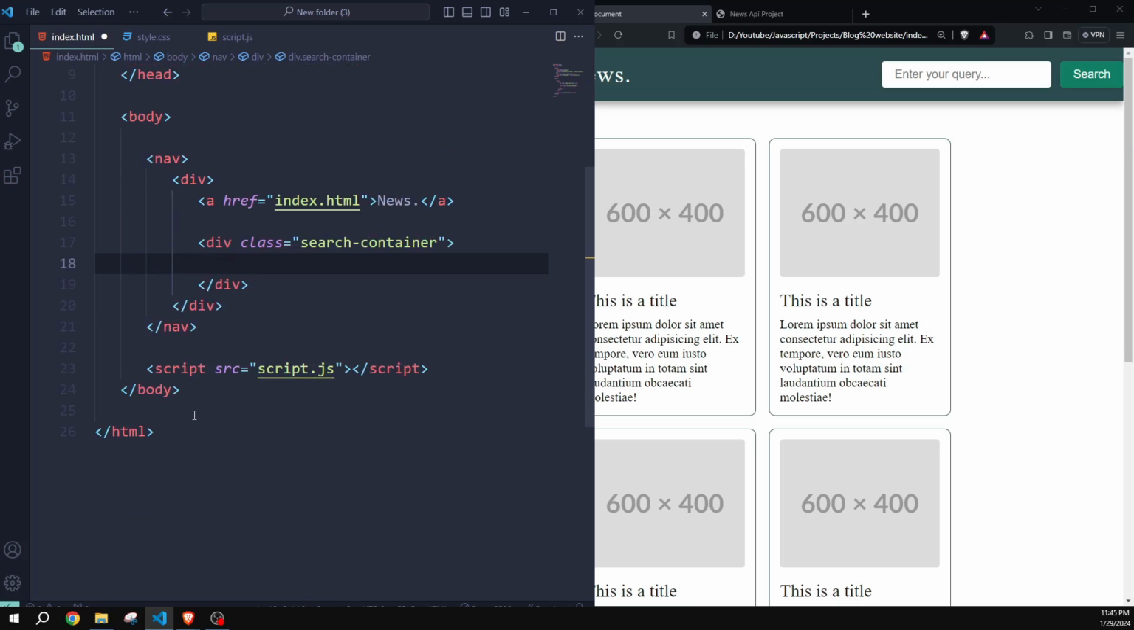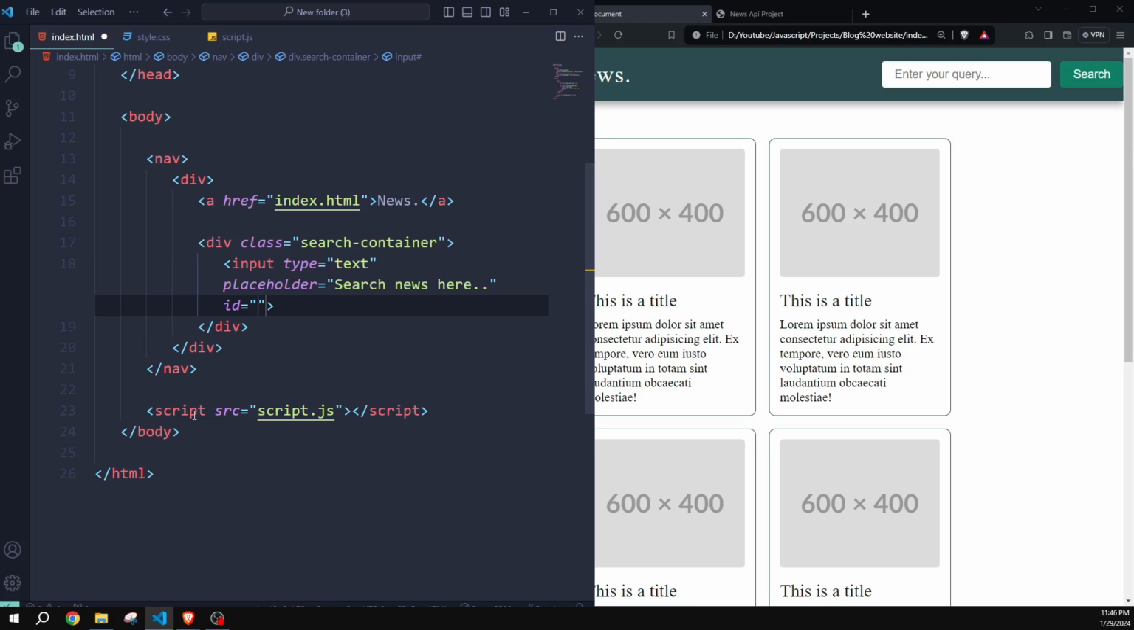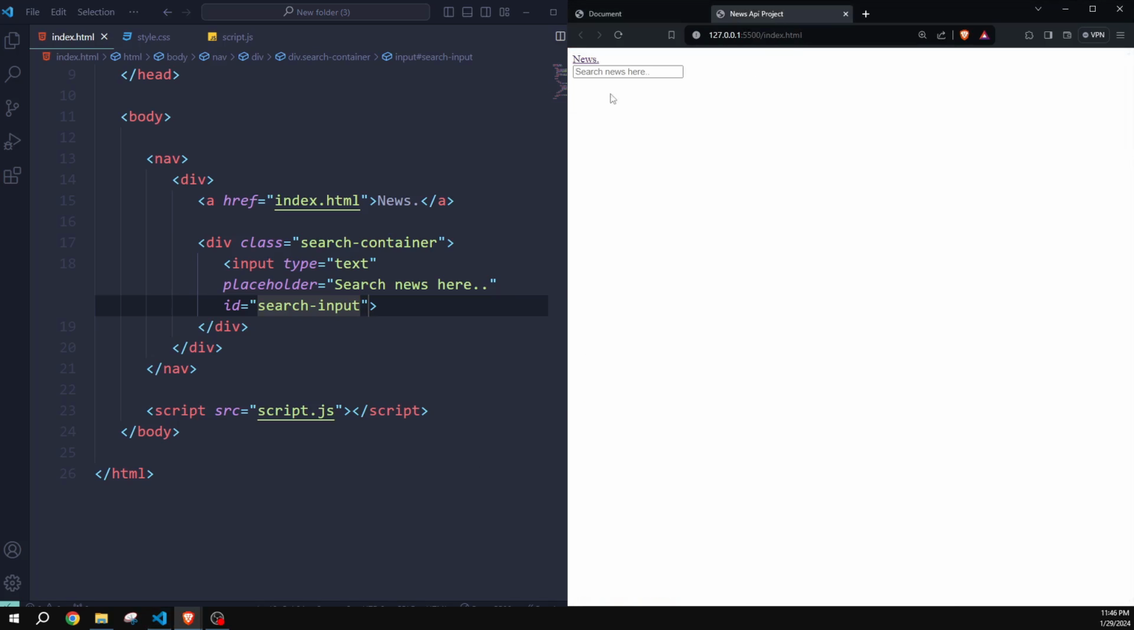And inside this div tag, first of all, I'm going to create the input area. So that's why we have to use input. Type will be text. Then we need to add a placeholder. And the placeholder will be search news here. Also, I'm going to add an ID. And the ID name will be search input. Now save. And if I go to our website, here you can see that we have our news and our